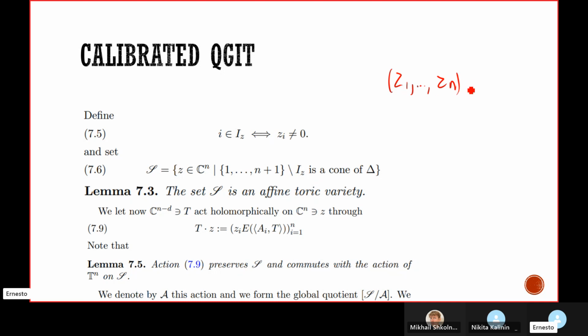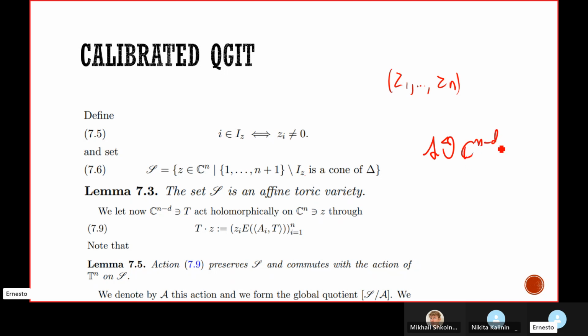So if I have a collection of complex numbers, I get the indices for which they are non-zero. This is very typical in toric geometry. And then I get this S set. Well, this is also very typical: the complement of I is a cone. So I get this set so that the complement of the I set is a cone. This is an affine toric variety, typically. And on this affine toric variety S, I make